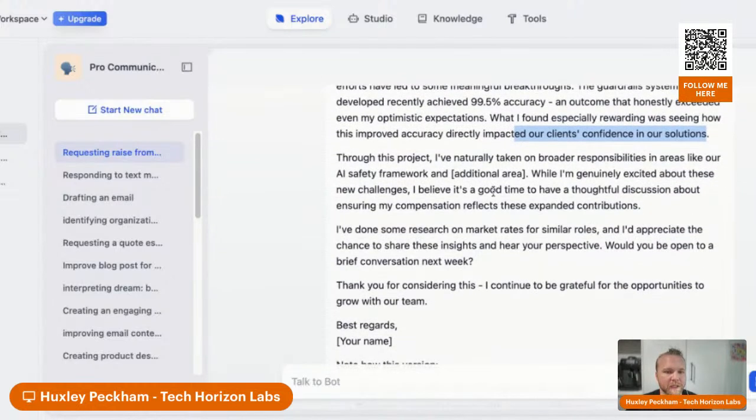Through this project, I've naturally taken a broader responsibility in areas like AI safety and additional area. While I'm genuinely excited about these new challenges, I believe it's a good time to have a thoughtful discussion about ensuring my compensation reflects these expanded contributions. This is so good. If you wanted to make more money at work, this is how I would write that